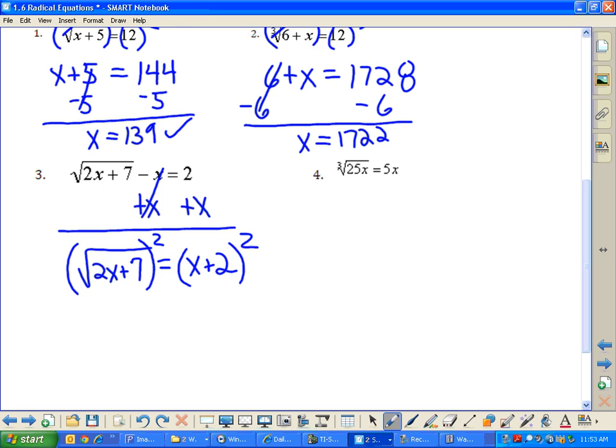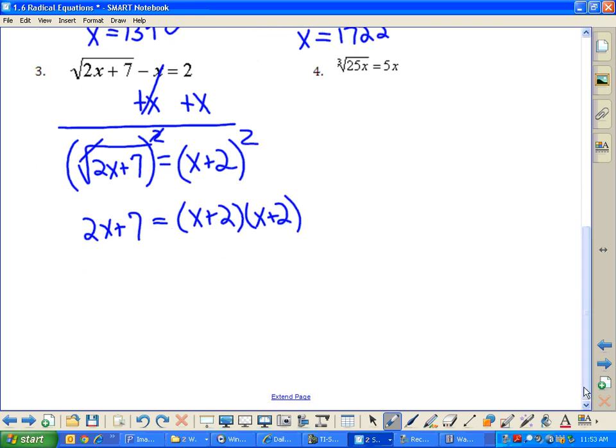All right, so what's left over on the left side is 2x plus 7. And on the right side, I actually have (x plus 2) times (x plus 2). I'm going to need to call on my understanding from our previous chapter when we solved quadratics in order to solve this equation. So I would FOIL on the right. FOIL stands for first, outers, inners, last. So I have x squared plus 2x plus 2x is plus 4x